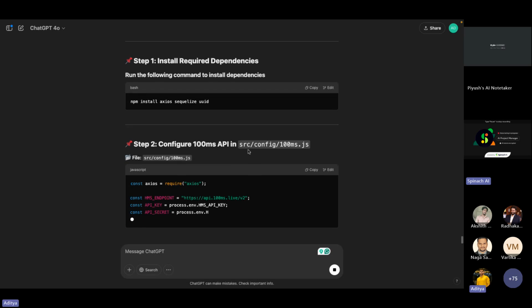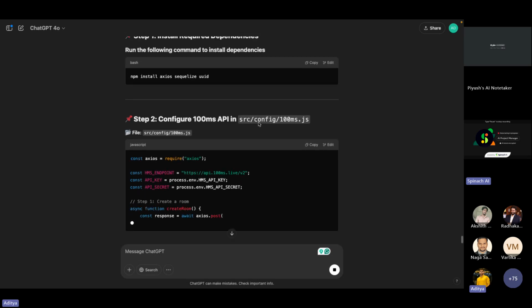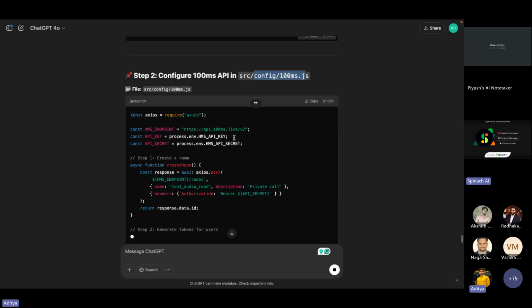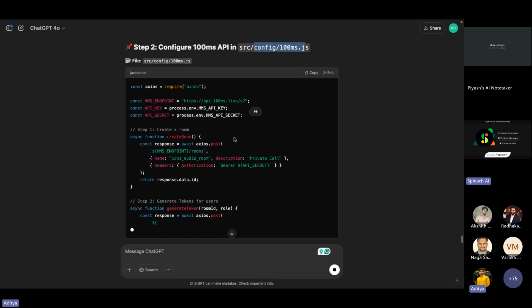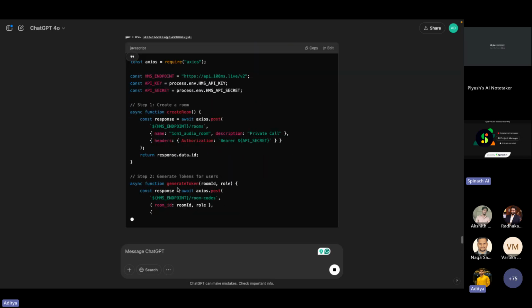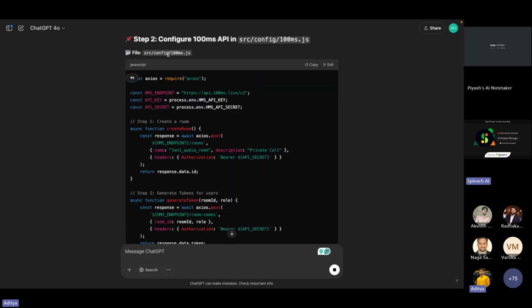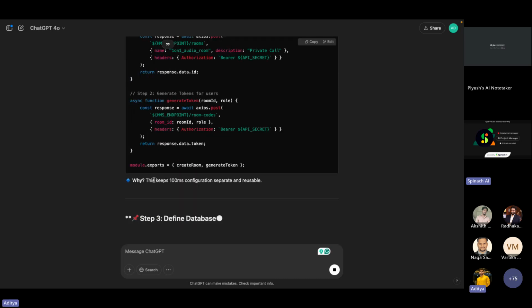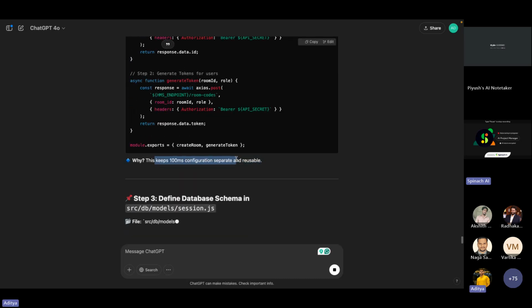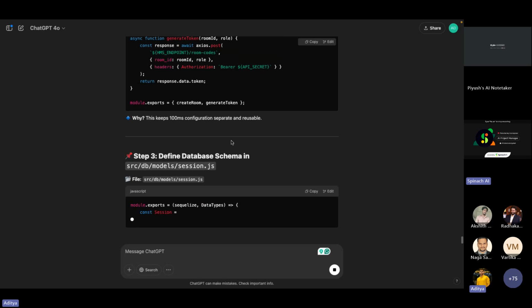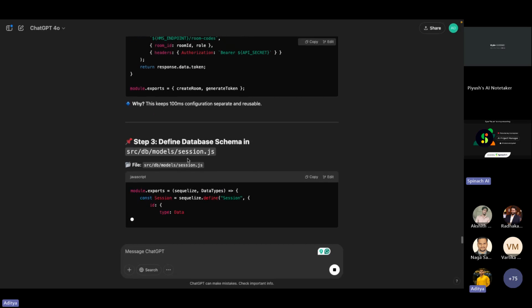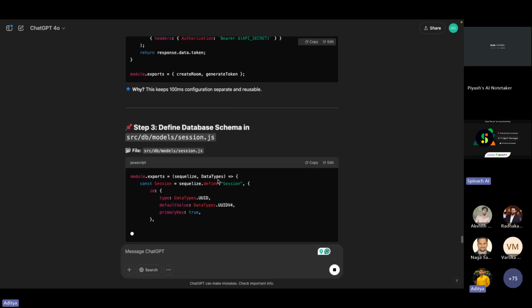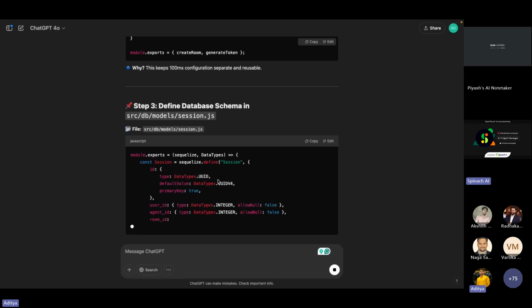तो बेसिकली इसने एसआरसी के अंदर एक कॉमन फाइल बनाई है, कॉन्फ़िग में जाके 100 ms का सारा काम किया हुआ है। ये मॉड्यूलर प्रैक्टिस है कि हम एक ही फाइल में कोड नहीं लिख रहे हैं। फिर यहाँ पे इसने क्रिएट रूम का सारा काम एसआरसी के अंदर किया है। फिर 100 ms कॉन्फ़िगरेशन को सेपरेट और विज़िबल रखा है, जो अभी मैंने आपको बताया। फिर मॉडल में सेशन डेटाबेस बनाना स्टार्ट किया हुआ है। चलिए ये भी ठीक है हमारे लिए।